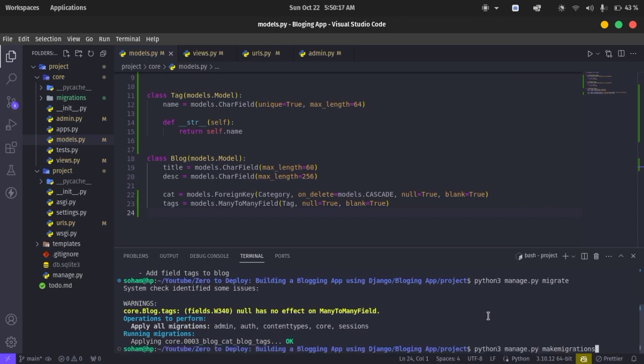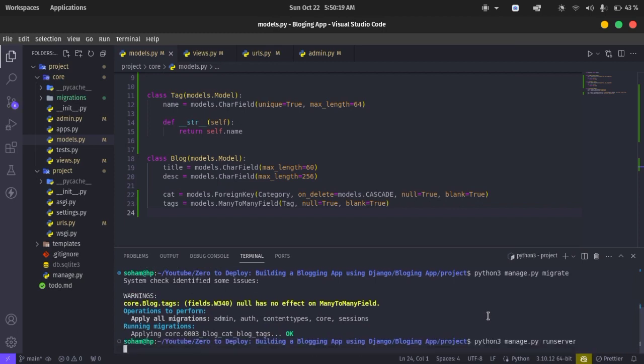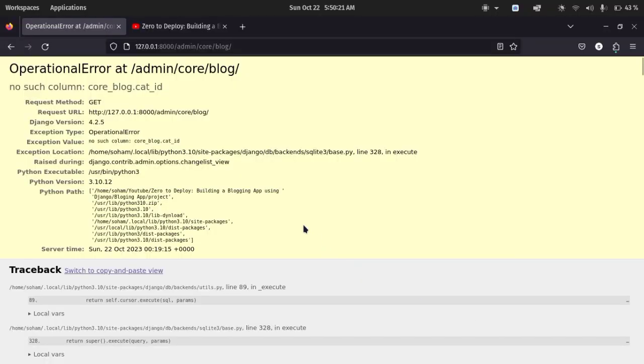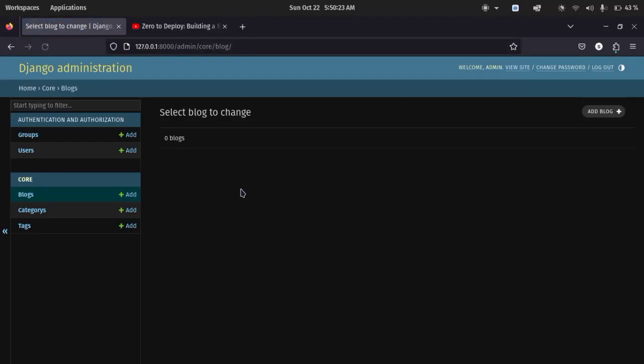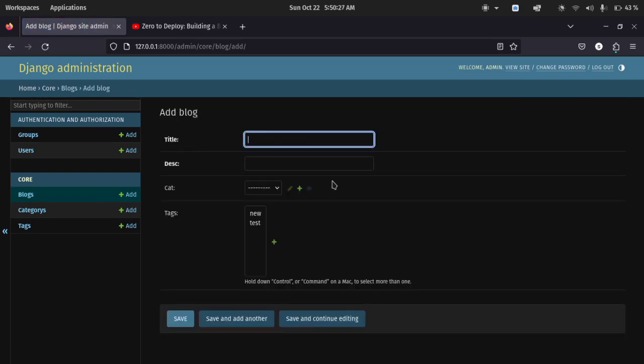Let's run the local server. Refresh your admin panel, and then add a new blog. Let's add a title, blog 1, then a description: description of blog 1, and choose a category. So let's choose a tag category, and let's provide the first tag. Then if you click on save,